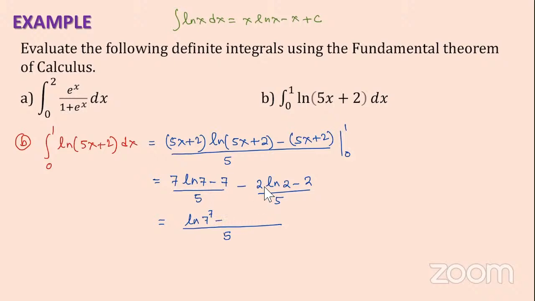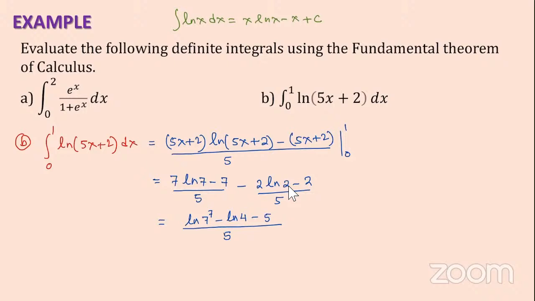Then minus this one, 2 log 2, it will be log 2 squared, which is the same as natural log 4. And over here we have minus 7. And here when I distribute this negative sign, it will be plus 2. Negative 7 plus 2 is a negative 5. Minus 5. So it becomes natural log of 7 raised to 7 minus natural log of 4 minus 5